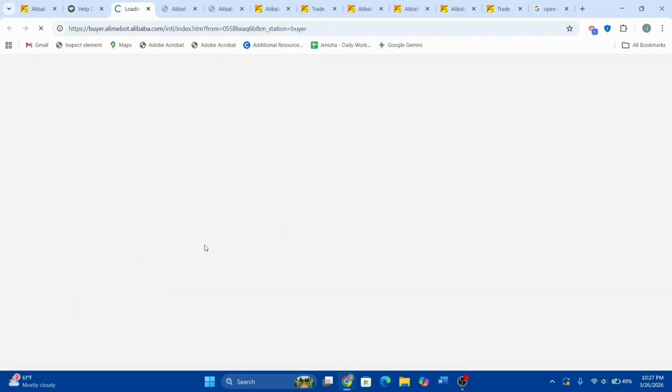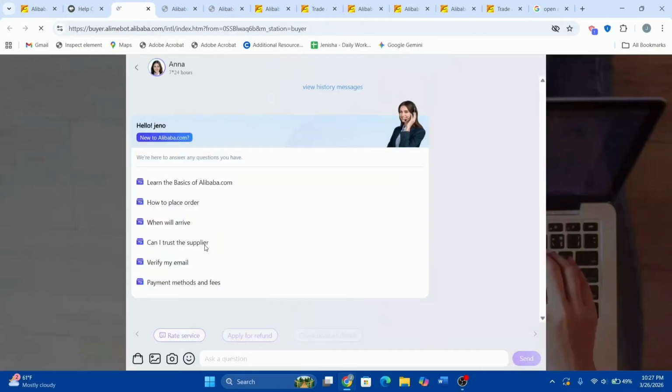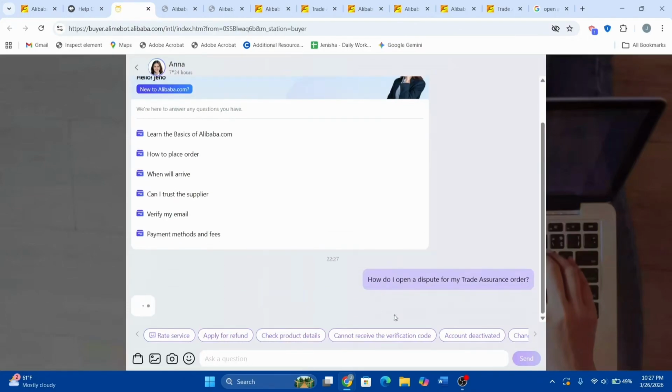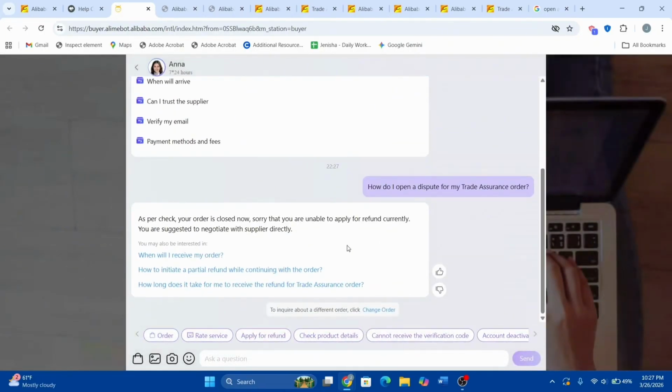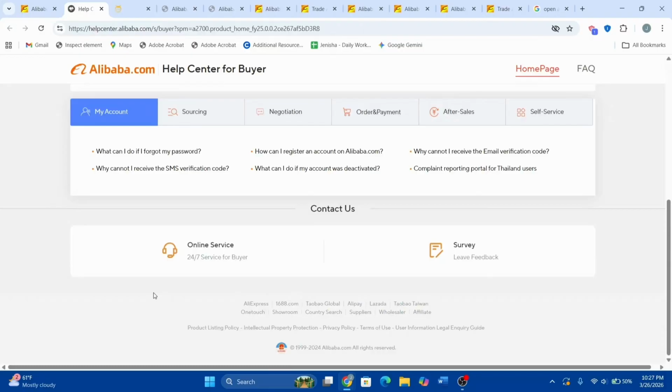You can click on this option and you can choose your issue category, such as apply for refund, and send it. And then you can select the order for checking and just go over and provide the necessary details. You may also need to fill in the form. If applicable, we can provide that kind of information and go ahead and explain the issue, and you can submit the live chat. Otherwise, we also have a survey section where we can click on and answer the survey,